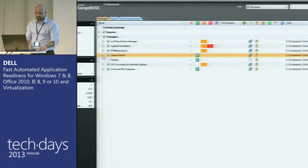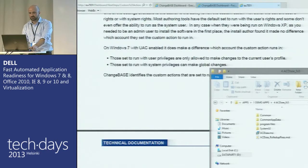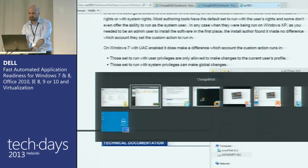So I've run out of time right now. We only have 2 minutes left, but we'll be really happy to demonstrate that to you later. Or come and see us. And I was about to